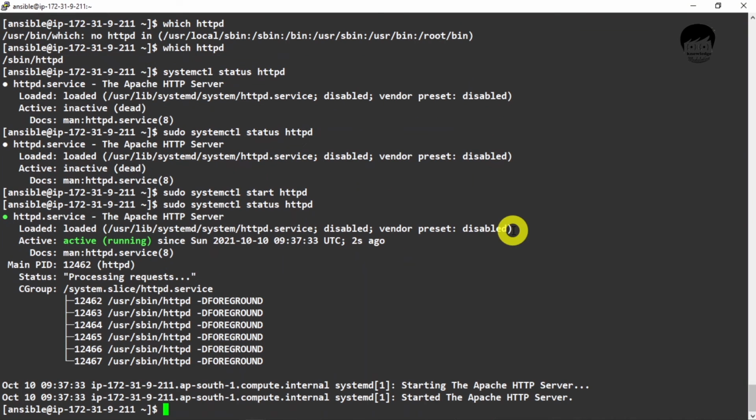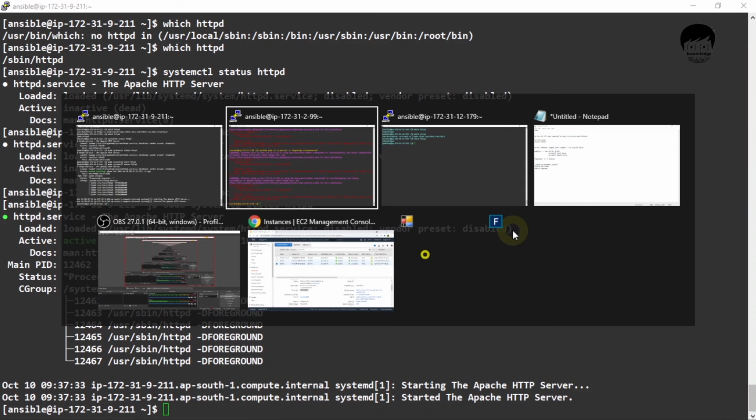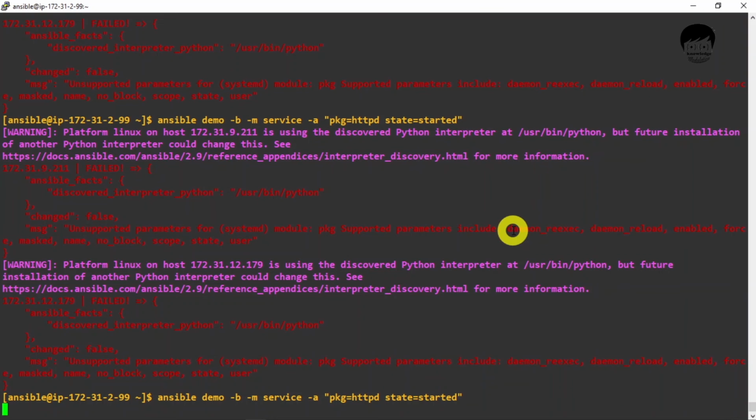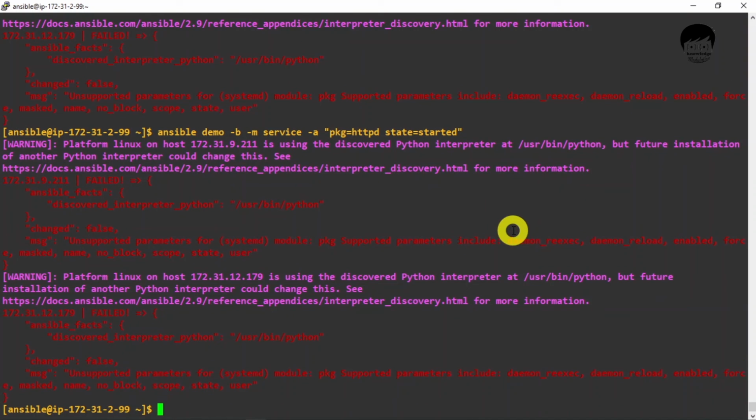And now it's active and running. Okay, it is not showing here.